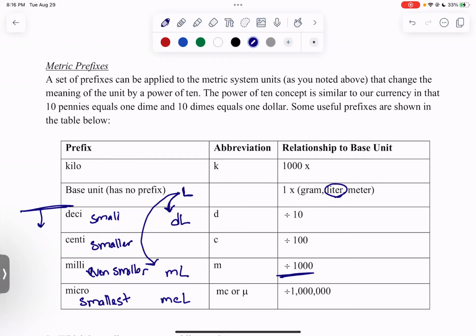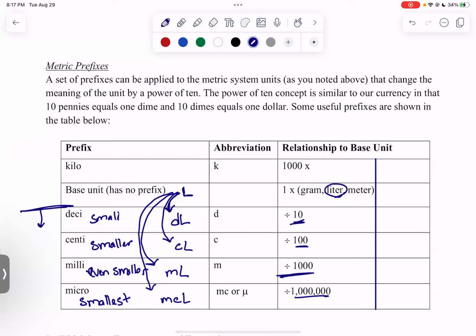So every time we go from liter to deciliter, we go smaller. We go from centiliter, then all the way down here to microliter, okay? Every time we do that, we get smaller and smaller and smaller. And by how much, you have that number on the side here that tells you how much smaller. So I can use this little table to create some equivalent